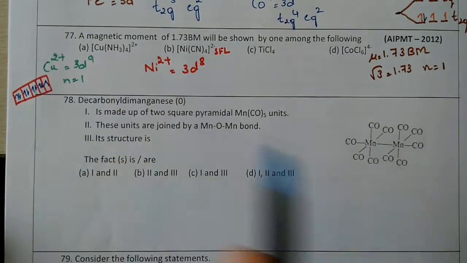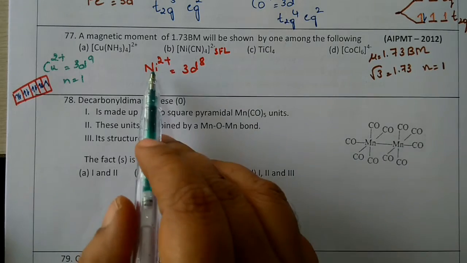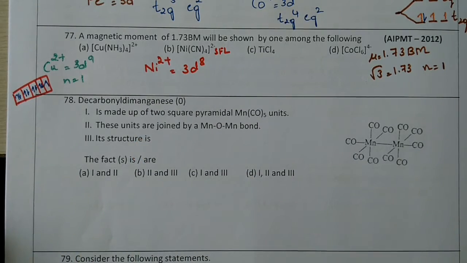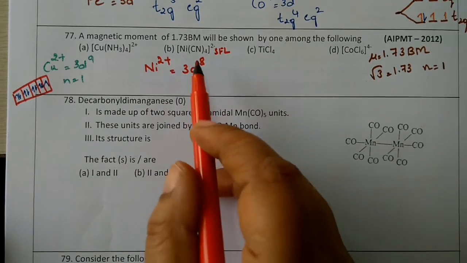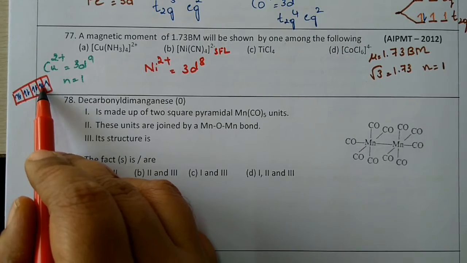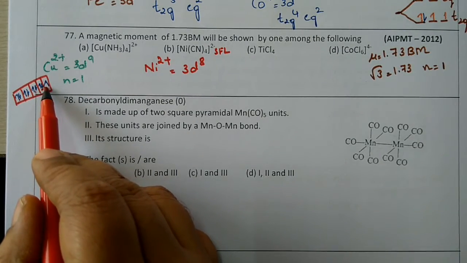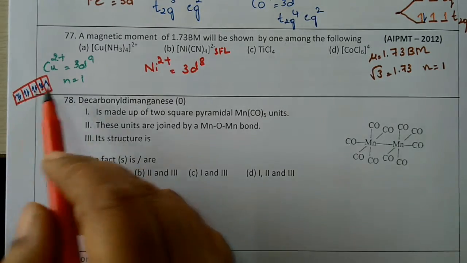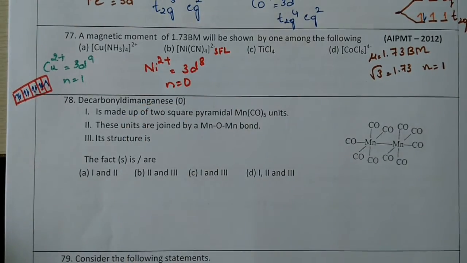So that's why n is equal to 1 even though NH3 we are going to consider also. So one unpaired electron will be there, which is going to shift to the higher energy orbital. When you consider nickel, Ni2+, we have 3d8. Since it is a strong field ligand, the electrons will be filled until here. So 2, 4, 6, 8, until here it will be filled. So this is left empty there. So it is completely filled. So the unpaired electron is 0 in this case.